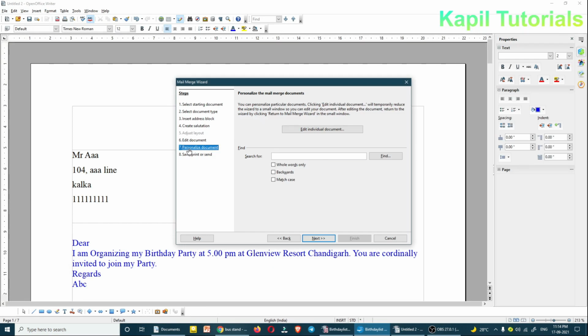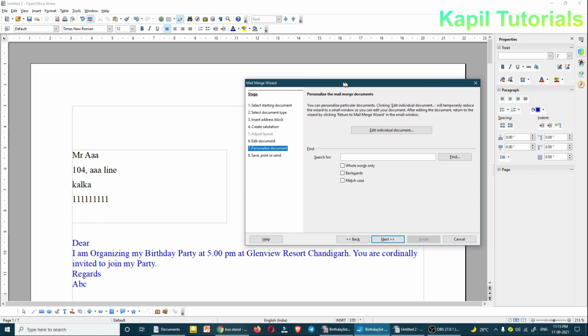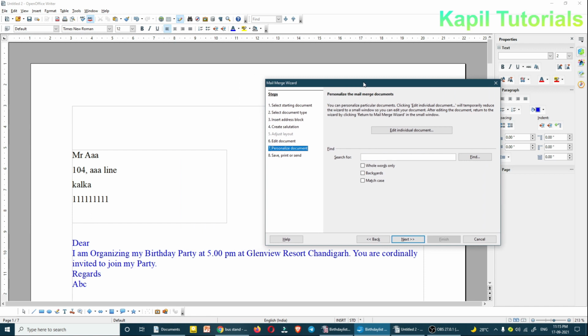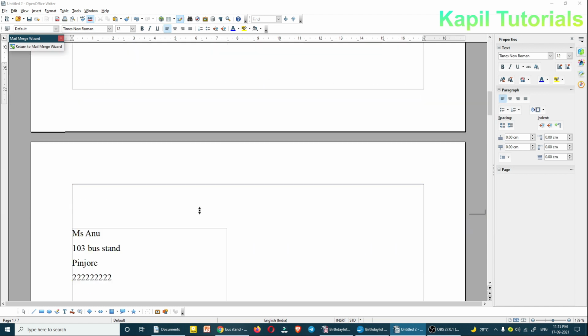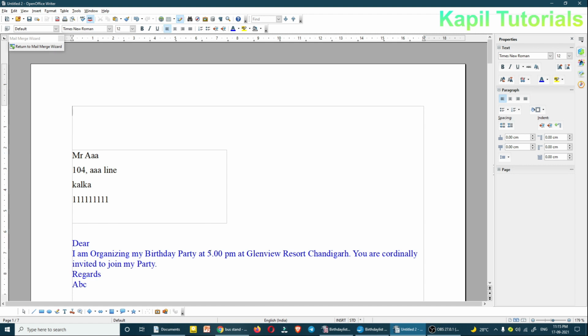Now in this personalized document, here also I can do the editing. This is for the individual document. Suppose in this list one of my friends is very close to me and I want to call that friend a little earlier, so I can click upon edit individual document. It is showing me all the friends, and here I want to do a little changes.